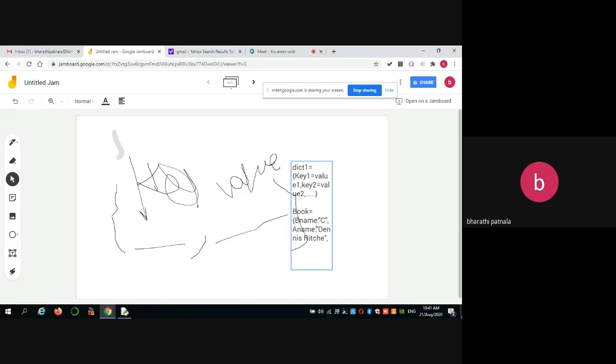So this is one key item and this is another key item. You can also store many elements like that. Book name here is the key and the corresponding value is C. Similarly author name is Dennis Ritchie. Like that you can create a dictionary.